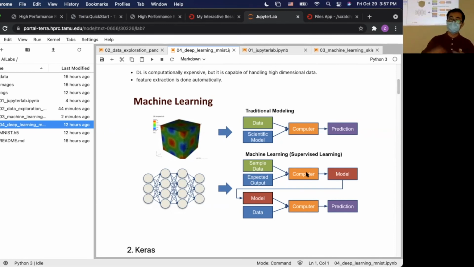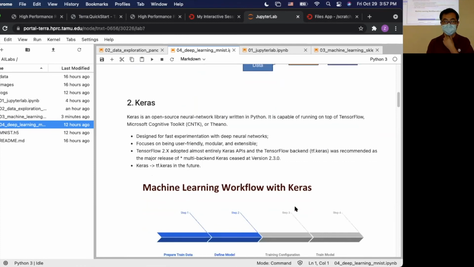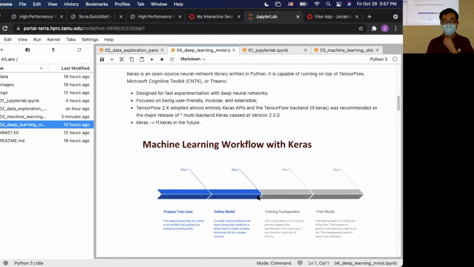And then when you have some new data, you let the model make predictions through the computer. So this is the difference between traditional modeling and machine learning modeling. In deep learning, we are planning to use Keras, and this is a workflow for Keras.